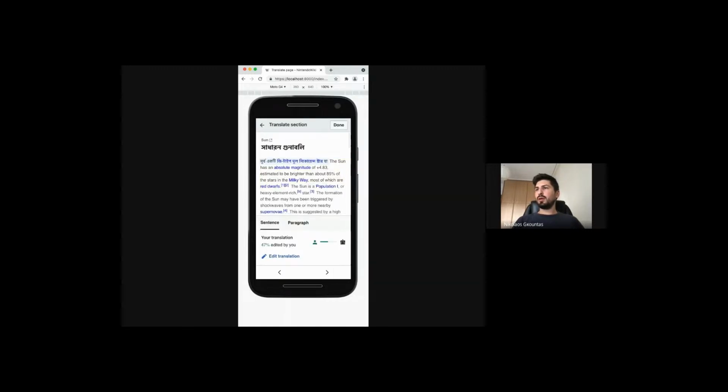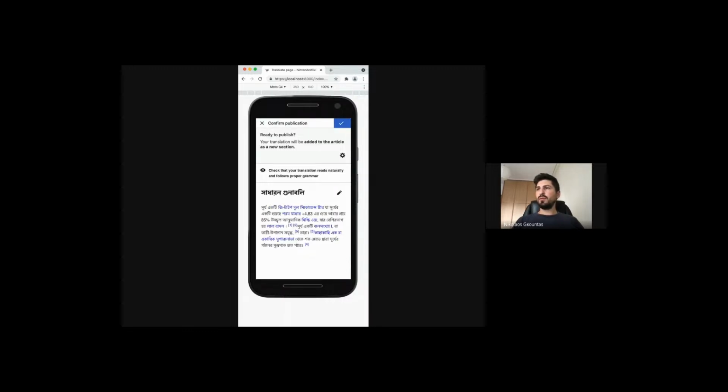And again, I can check that it's 47% edited by me at this point. I'm going to apply the suggested translation for a few more sentences. And once I feel that I am ready to publish this section and the translation is complete, I'm just clicking on the done button. So this is the last screen where the user actually confirms the publication